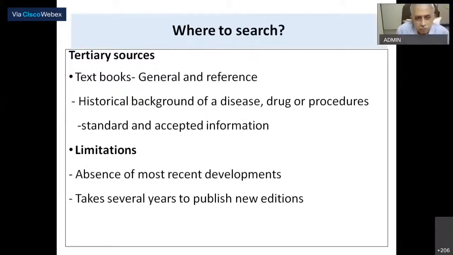You can also look at textbooks. Textbooks, of course, often give information which is a little old because it has to go through many minds, many people, many research activities, and only then will it come to textbooks. So many times the information in textbooks is a little older when compared to journals, but it will also give some historical data and some background information for your research. So the main limitation of textbooks is that information may not be very recent because it takes several years for publishing the data.